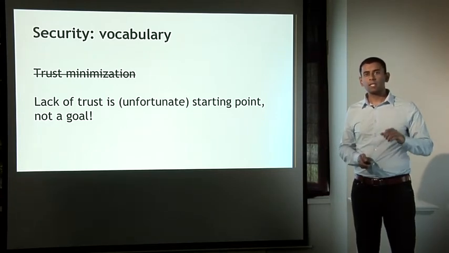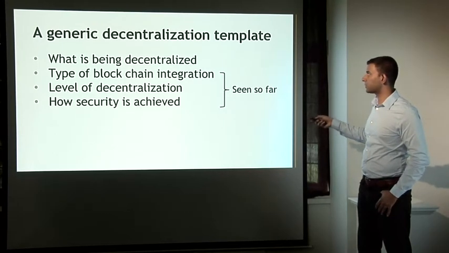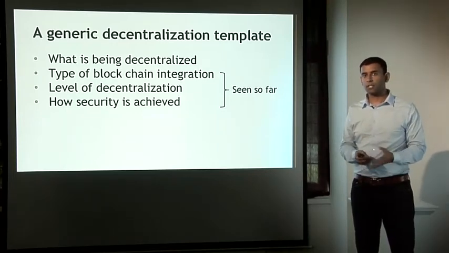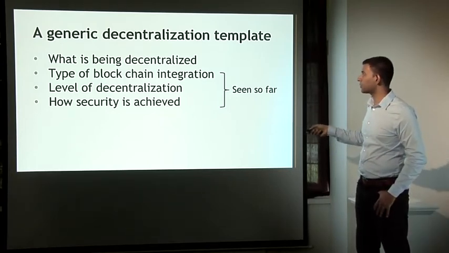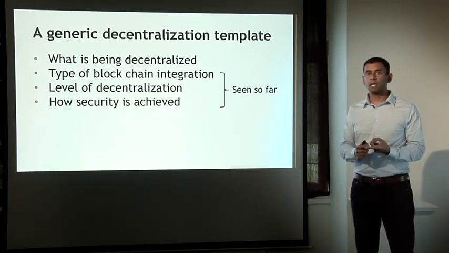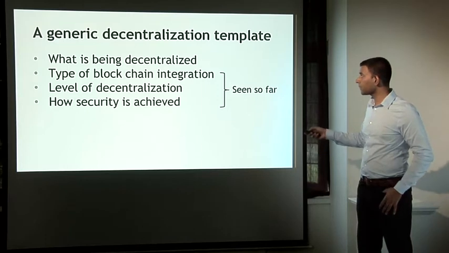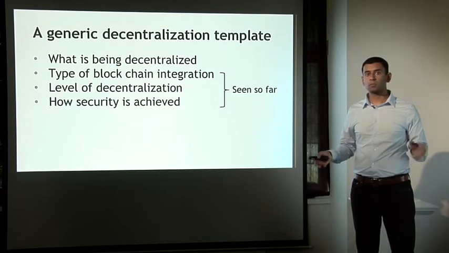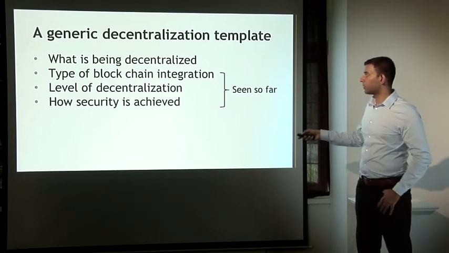All right, so let's summarize a lot of what we've seen so far. One of the things that we want to talk about in terms of decentralization is what is being decentralized. We've looked at a couple of examples, smart property, pay for proof, and so on, but we're going to see a lot more, so we haven't really talked about the first bullet. Instead, the three things that we've talked about in this section are what type of blockchain integration. We saw 4 examples: directly on blockchain, embedding, side chains, and a totally different alternative chain altogether. We talked about levels of decentralization, again 4 points on a spectrum ranging from completely disintermediated to completely centralized. And finally, we talked about different ways of enhancing security.